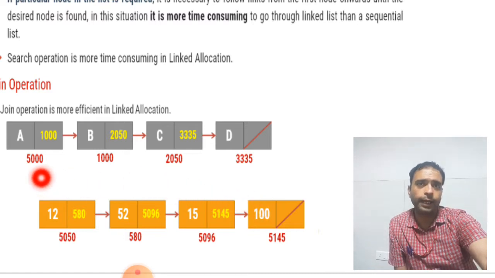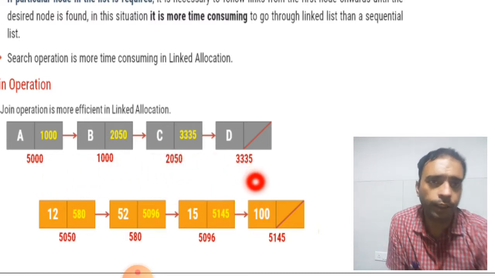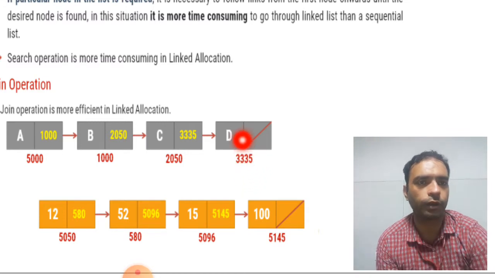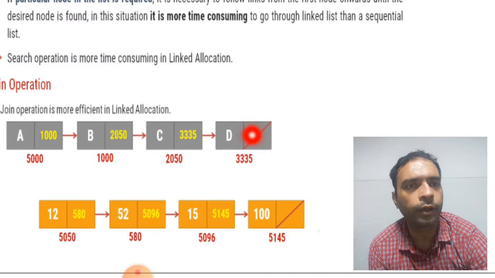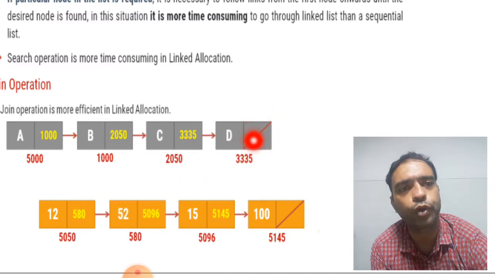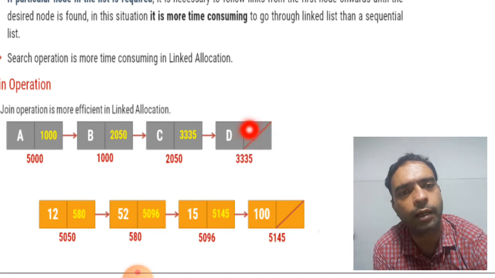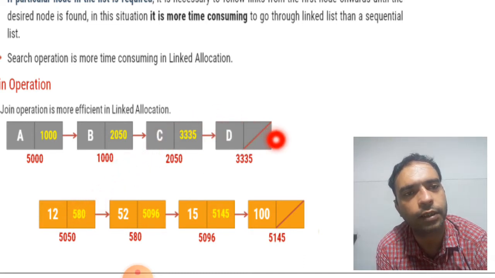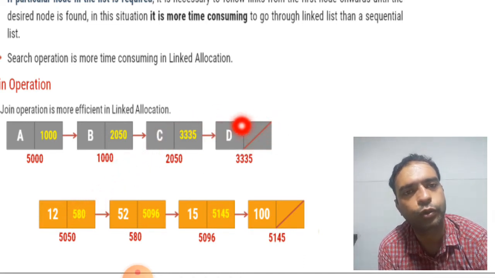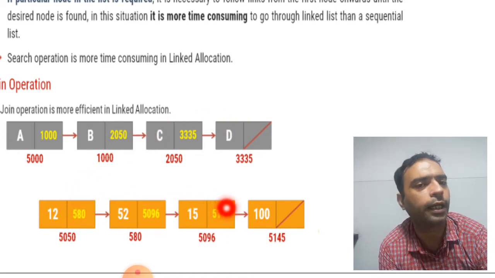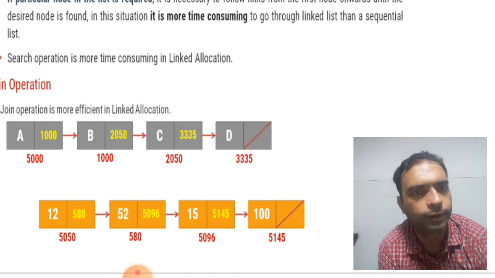And address is given in all. Now here also the address is given. This address below is given for the particular node. Now here the null part is given. Now what we have to do, if we want to join this part with the first node of this linked list, we have to replace this null part with the address of this, that is 5050, we have to write here. So that will show the address of this particular node with information 12 and then it will continue till the last, 100.